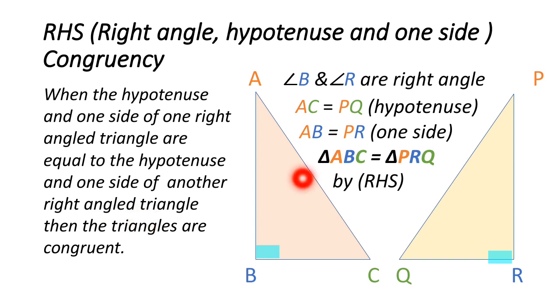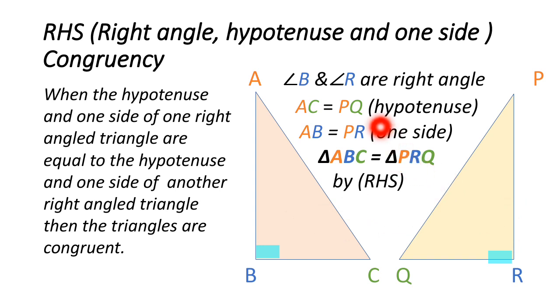Like we have two figures here, the two triangles ABC and PQR. Those two triangles are right angled. ABC is right angled at the point B, and PQR is right angled at the point R. So as here the angle R is 90 degrees and here the angle B is 90 degrees, B becomes the corresponding point of the point R.